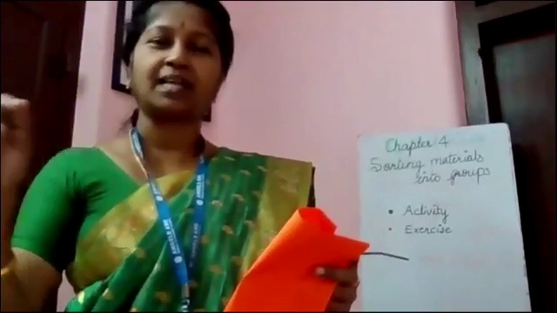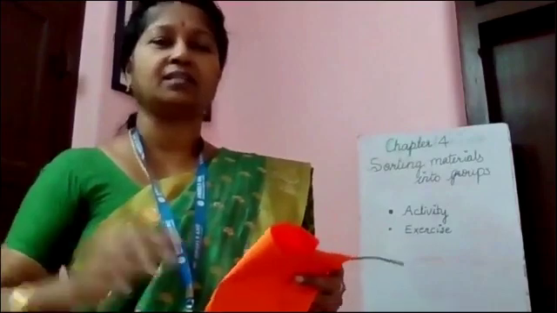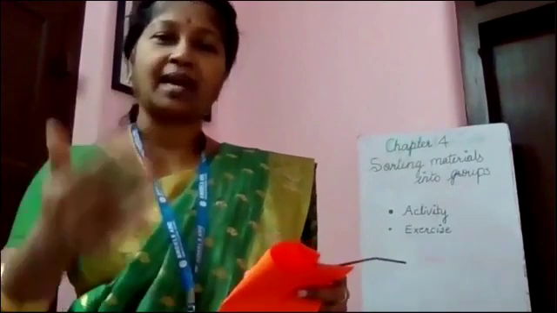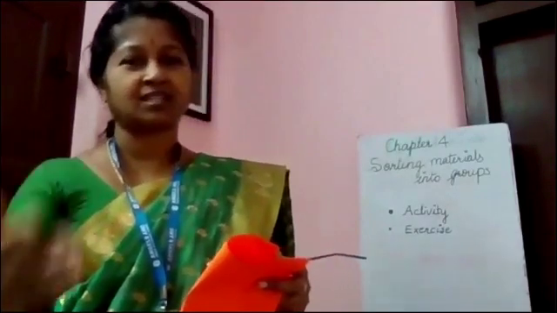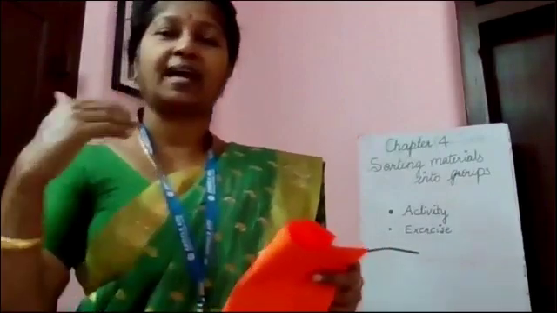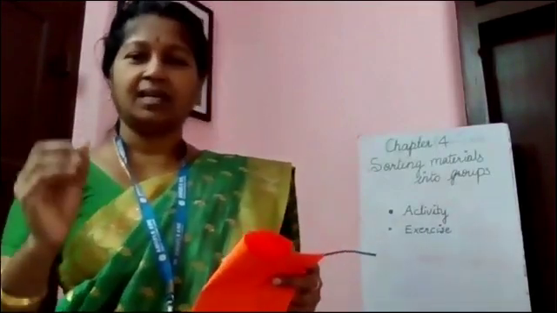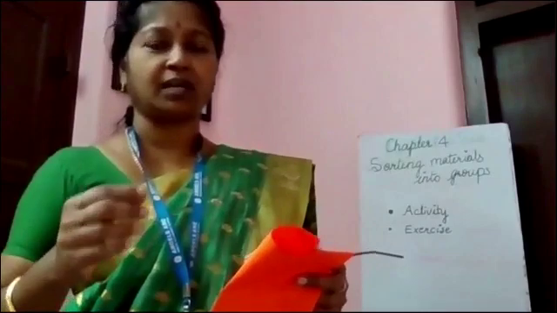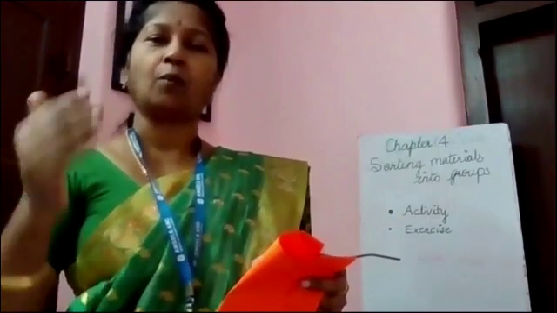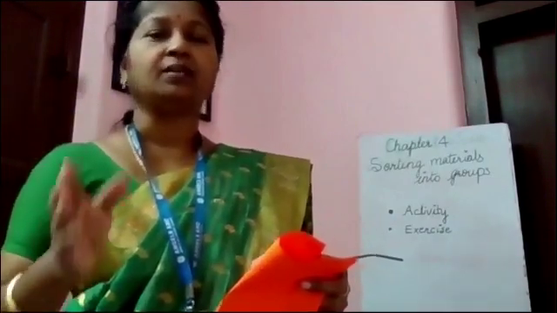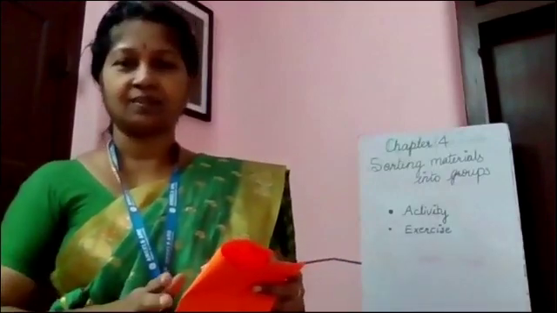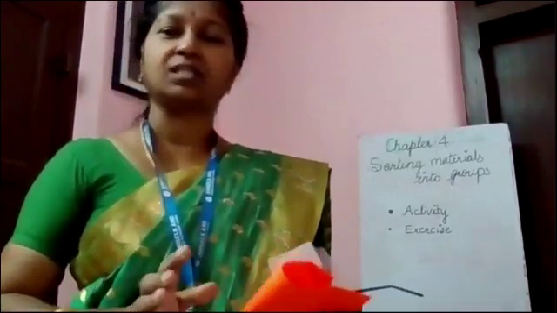And you should write your own name, right? Through the transparent paper, you can see your name. Through translucent, your name is partially visible. Then the third one, opaque. Through opaque material, you cannot see your name. Clear? So this is the activity of this chapter for sorting materials.